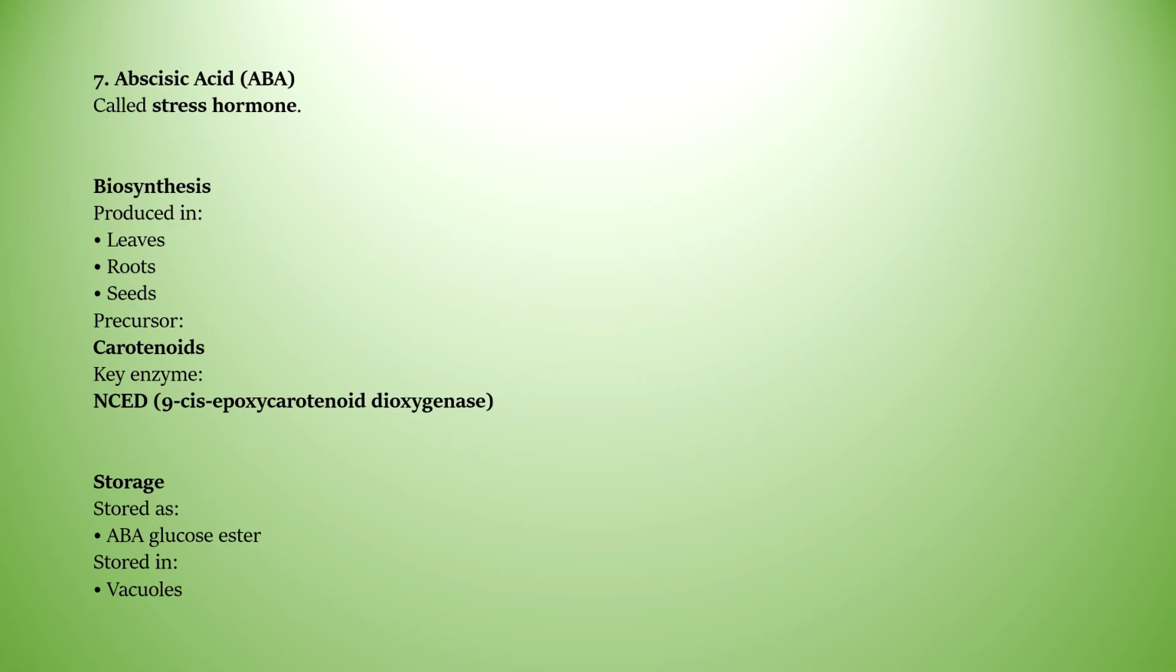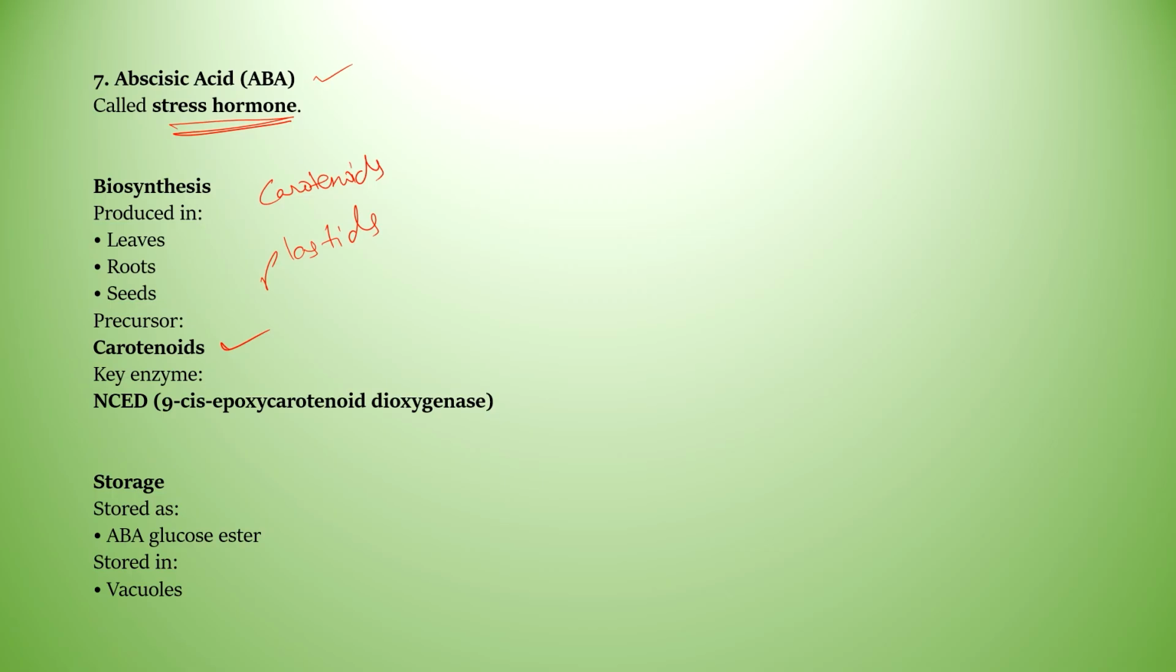The last one that I will tell you is abscisic acid. It is also called the stress hormone. Biosynthesis. Abscisic acid is synthesized from carotenoid precursors that happens in the plastids. The key enzyme involved here is 9-cis-epoxycarotenoid dioxygenase. So it is responsible for biosynthesis of abscisic acid. It is mainly produced in leaves, roots,